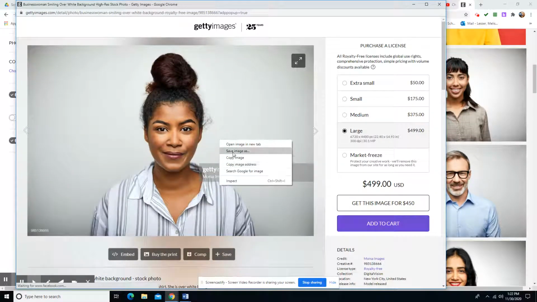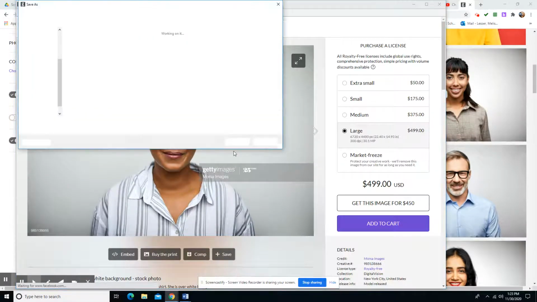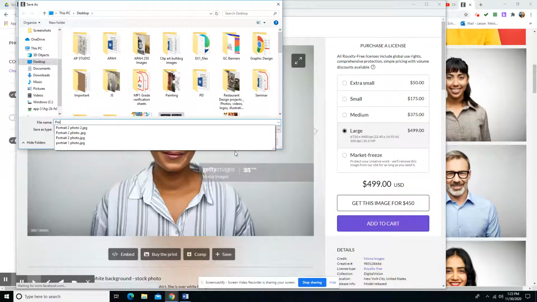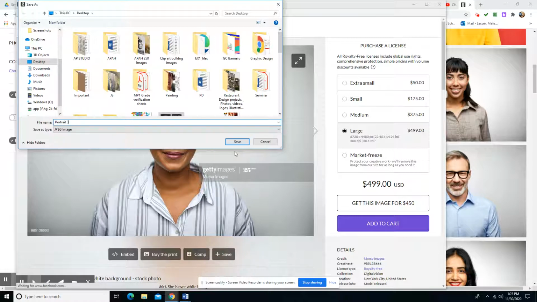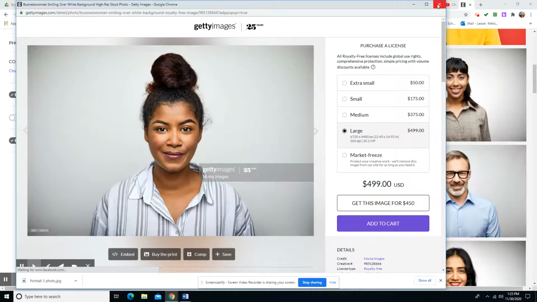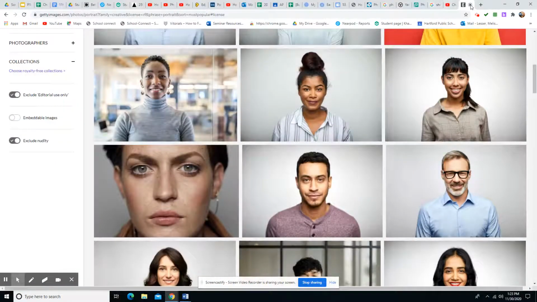So I'm gonna save the image as, and I'm gonna call it, this would be like our third version of a portrait. This one is actually gonna be digitally painted, so I'm gonna say portrait 3, and I'm gonna call it my photo because it's my photo reference. So I'm gonna hit save. I am then going to go to